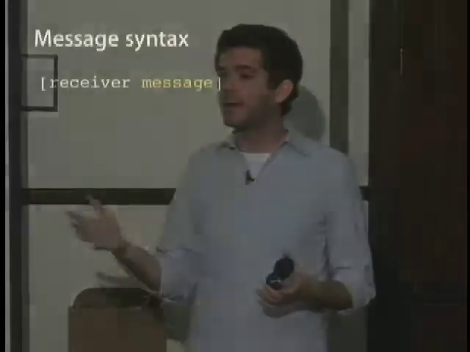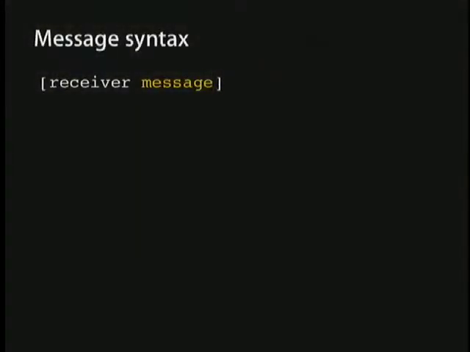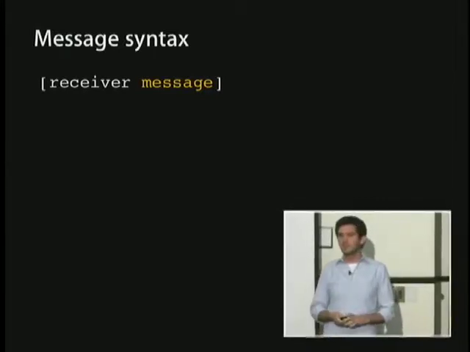So let's look at the actual syntax that you're going to use to send messages. Now you've got an object. You called either alloc init or one of these convenience methods on the class, and you've got an instance. Receiver is our instance, and message is the message that we want to send to the receiver. It's pretty simple. It's easy to get a little scared at first with all the square brackets showing up all over the place, but they're actually pretty easy. They always just bracket a single message. We've got the instance receiver on the left and the message you're trying to send on the right. That's a pretty simple case.